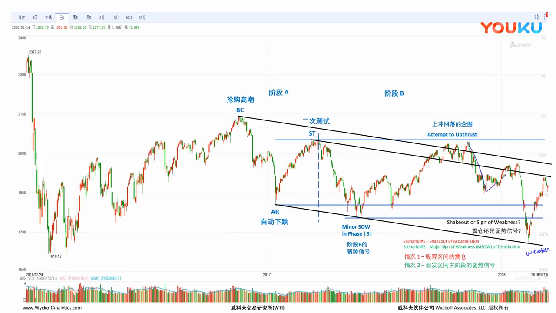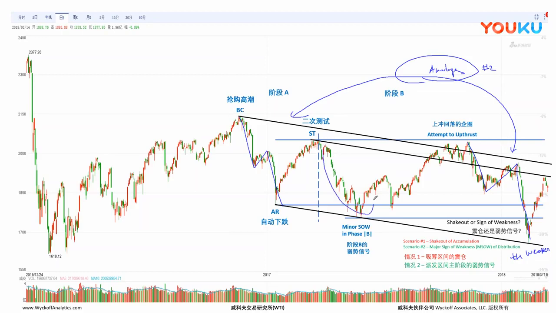Secondly, the structure of the move to the downside in this particular phase reminds me of the original move to the downside that we have had in phase A. 那么这个下跌的结构呢，也跟在阶段 A 的结构比较相似。So this could act as analogs to each other, and we could, by our observation, make some kind of deductions as to what can potentially should happen next. 我们可以把这两个下降的情况、结构进行相提并论来比较。